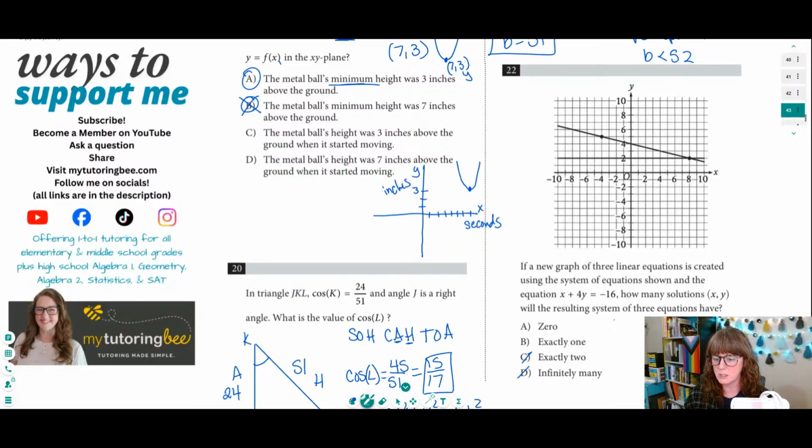So let's graph it. Let's change this equation around so that it's in slope-intercept form so we can graph it more easily. I guess we could find x-intercepts and y-intercepts, but I think I'd prefer to change it to slope-intercept just so that we can see if it does go through this point. So we are going to subtract x from both sides, giving us negative x minus 16, divide by 4, so y equals negative 1 over 4 x minus 4. So we've got a y-intercept of negative 4.